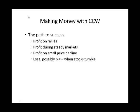If the price decline is small, and by small I'm defining that as less than you collect in premium when you sell your covered call. Remember, when you sell, the buyer pays a premium to the seller and you get to keep that cash. But you lose, possibly a large loss, when the stock tumbles. So the point is, you make money in up markets, steady markets, slightly down markets. You only lose in the big down markets,